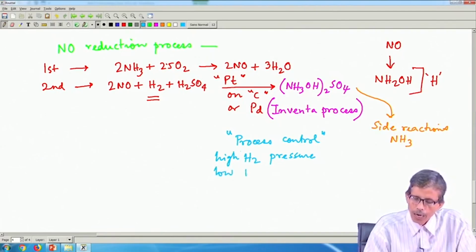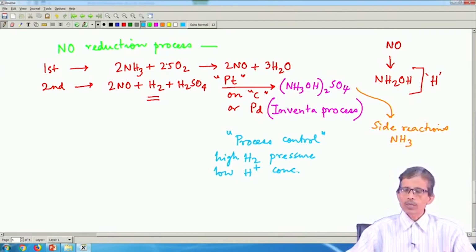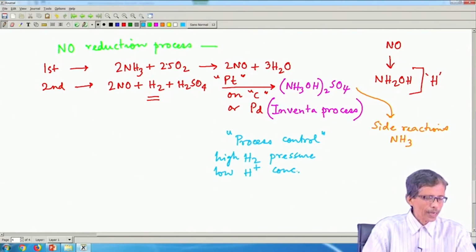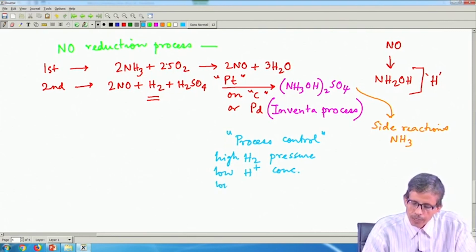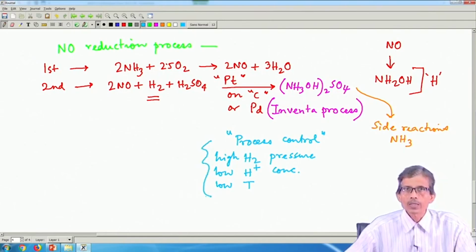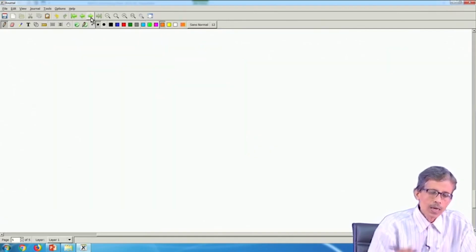And the low hydrogen ion concentration can also have thermodynamic implications, because of the heat of the reactions and all these things, if we go for detailed calculations. So, these are the standard parameters that can come out from this process control for this reaction, and obviously the low temperature. If we can control these three things, we can achieve a very good amount of production of the corresponding hydroxylamine sulfate.